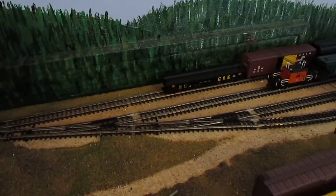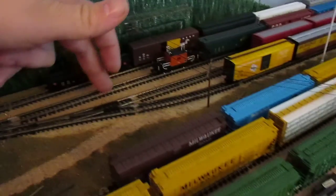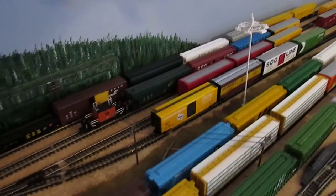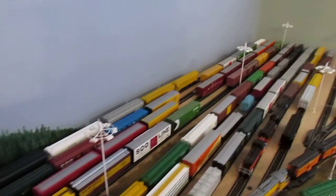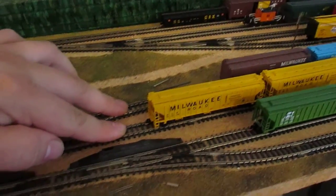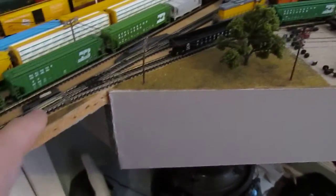The way I have this set up, the back main over here separates and goes into three lines for receiving or departing trains. So that's how those are set up over there. Then on this side, coming off of this main, I have two receiving and departing tracks. And then coming off of this again, it'll go down, and this will go into the sorting yard and also